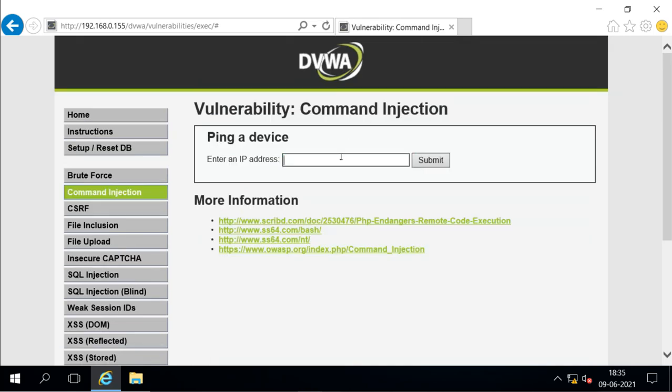One second, I think I mismatched. Net localgroup, and then okay, let's check this user information.